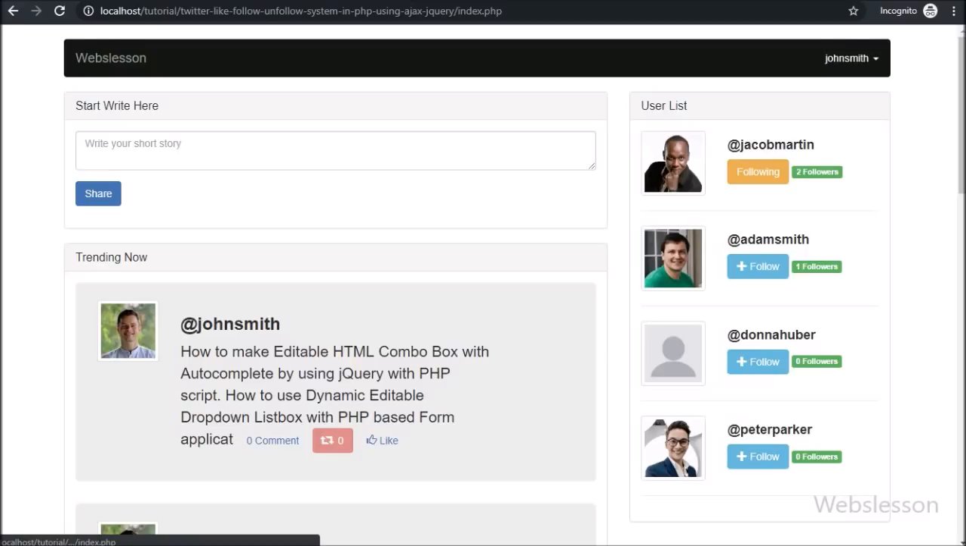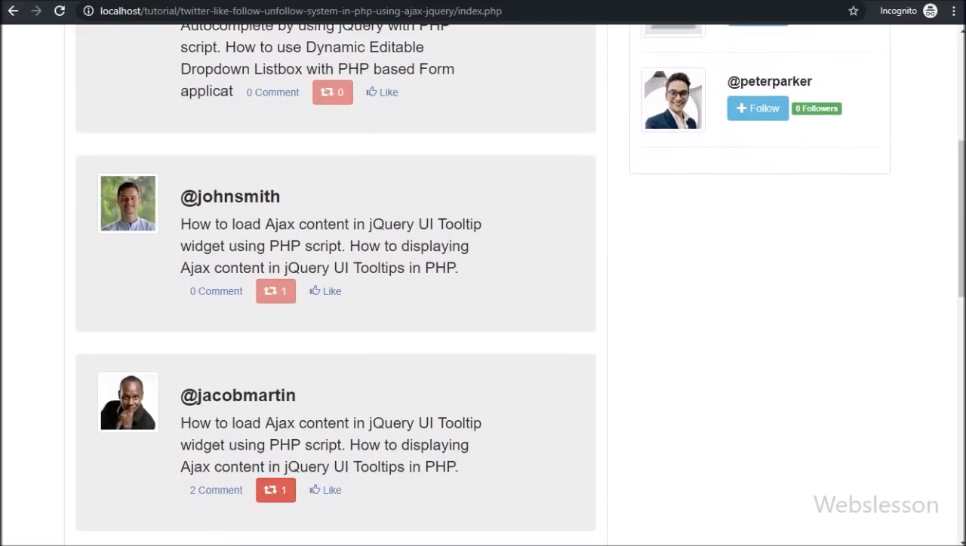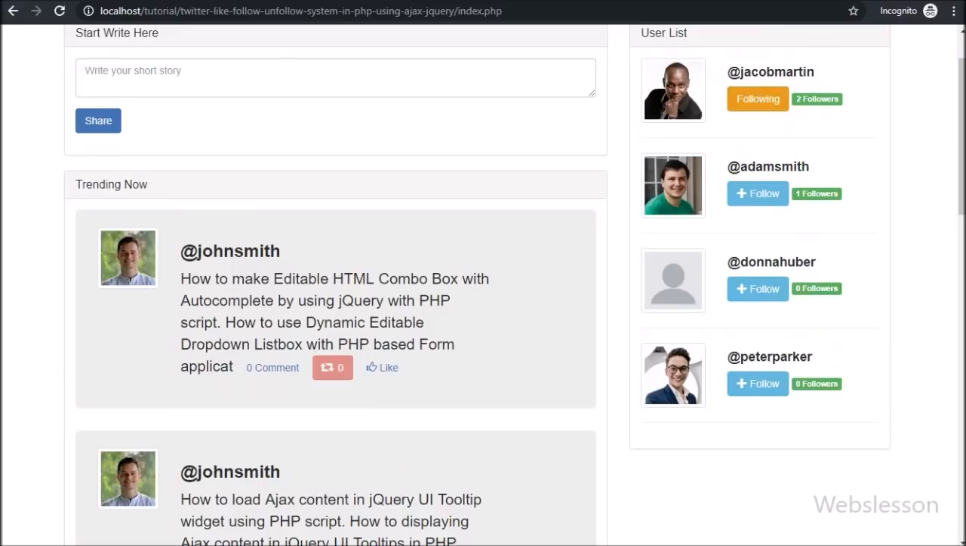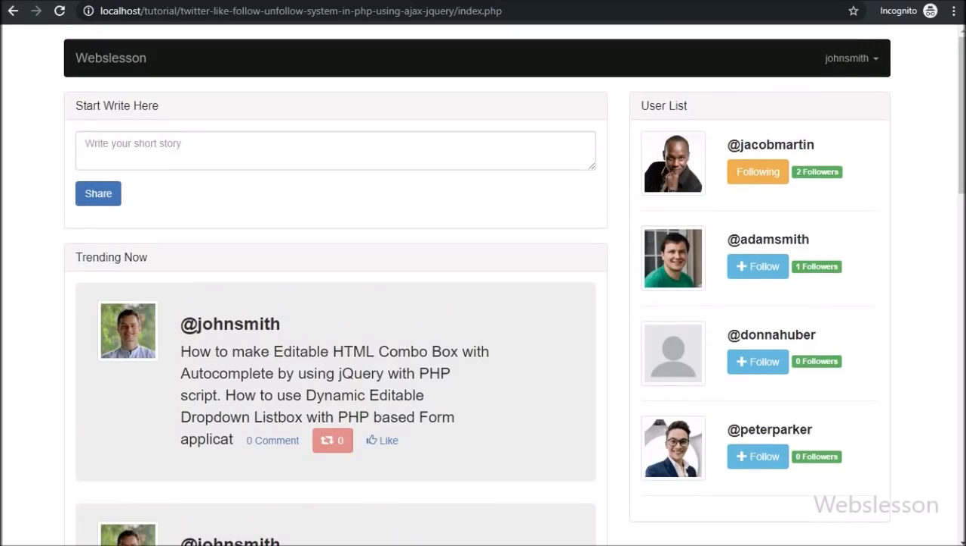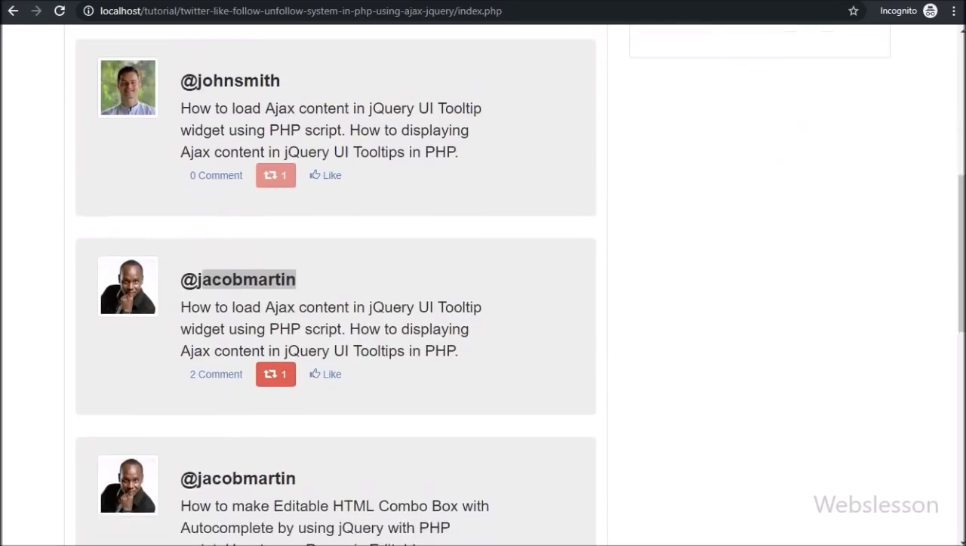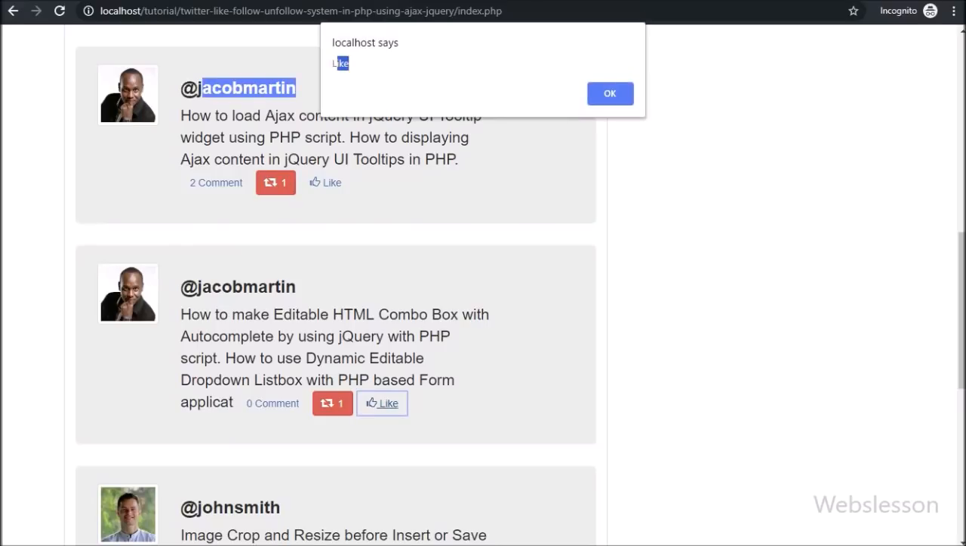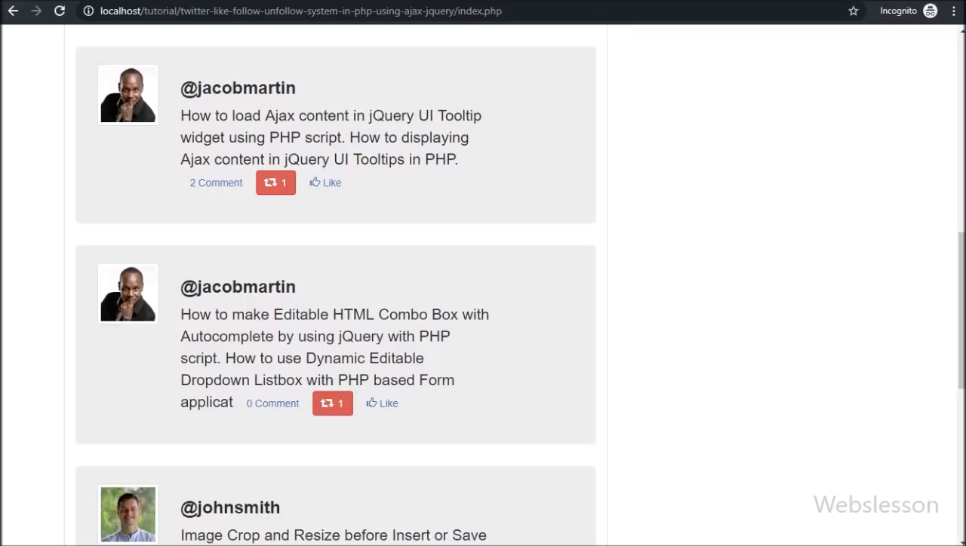Currently, we are logged in as the John Smith account, and here we can also see Jacob Martin's post, because John Smith has followed Jacob Martin. So we click on the like button of this Jacob Martin post. After clicking the like button, here we can see the "Like" message has popped up on the web page, so here John